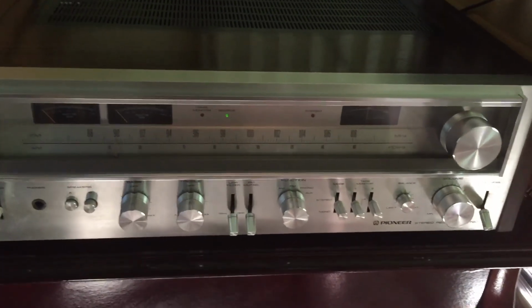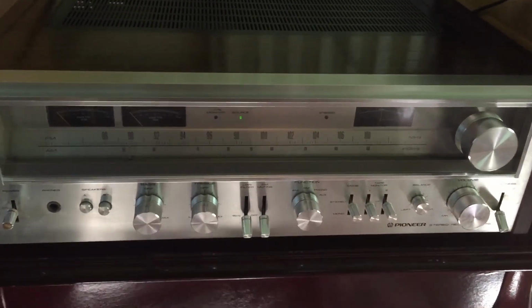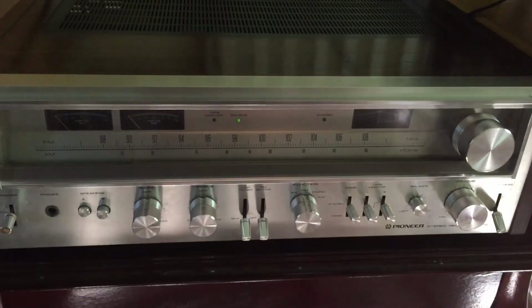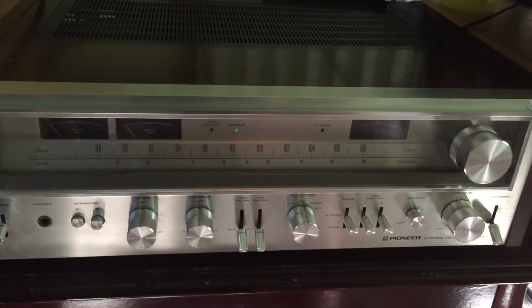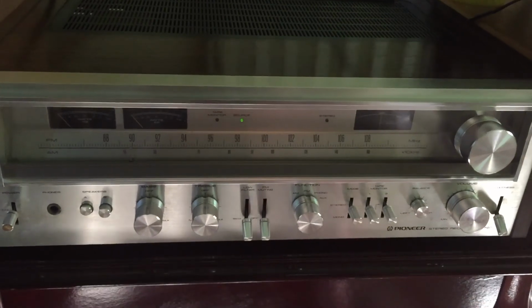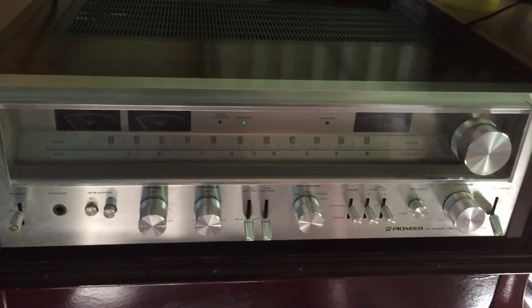I really hate to gloat. There's a lot of gloaters on the internet and on YouTube. I hate gloating. This is one of these cases where I just have to gloat. I've been wanting a vintage receiver now for a while, and I've seen a lot of